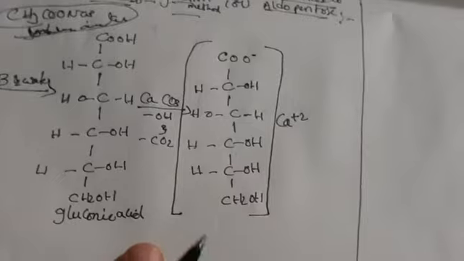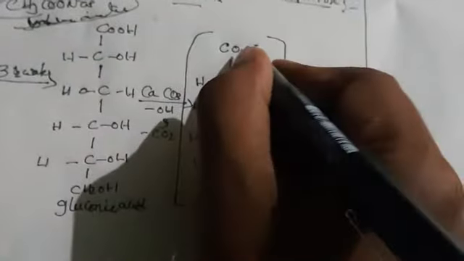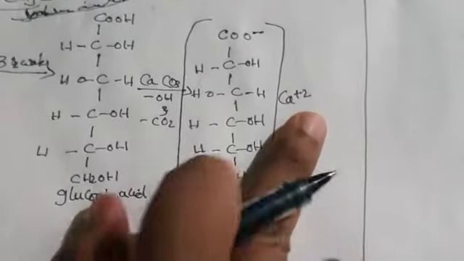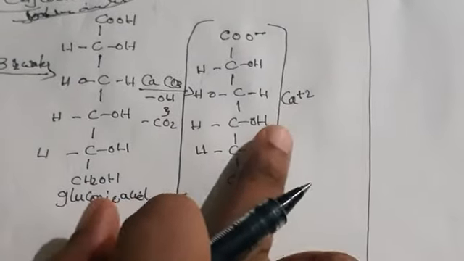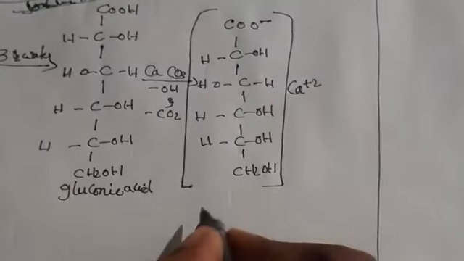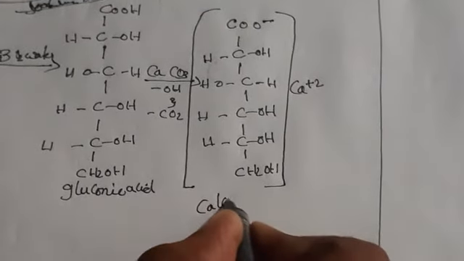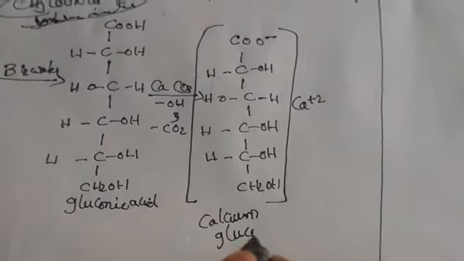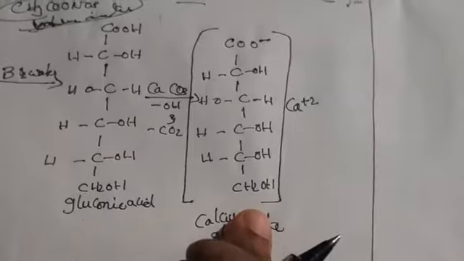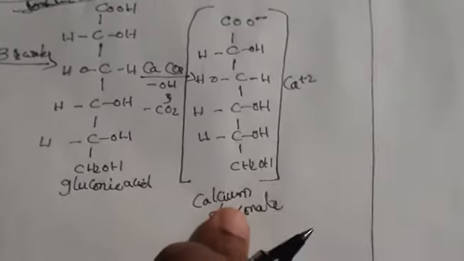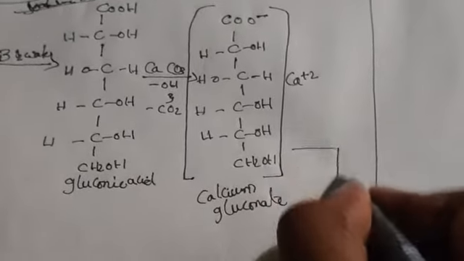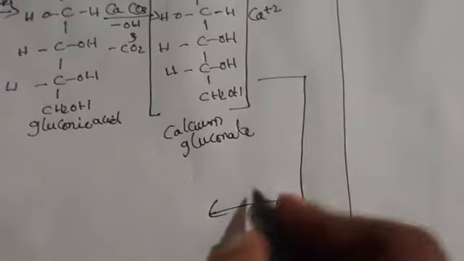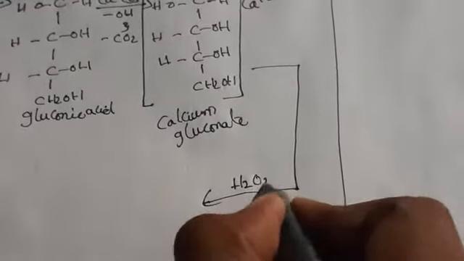In the same way here calcium is there. It is gluconic acid, and when we remove H plus ions we get gluconate, like acetate. So first we give priority to the metal, so we write calcium gluconate. This is the name of the calcium gluconate. Now we are going to add Fenton's reagent, in the presence of hydrogen peroxide.